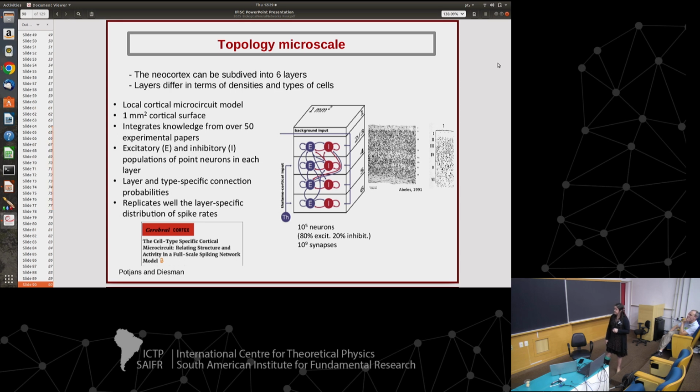So there is this model from Potjans and Diesmann that has worked with Roque a lot here in Brazil. So people from Brazil, Rodrigo, Renan, they work with this kind of network that tries to really model each layer with real details of each layer. So they are 1 millimeter squared, and they have excitatory and inhibitory neurons in the proportion that they found in different populations. They have different density. I'm not sure we can see here, but the layers have different density of neurons